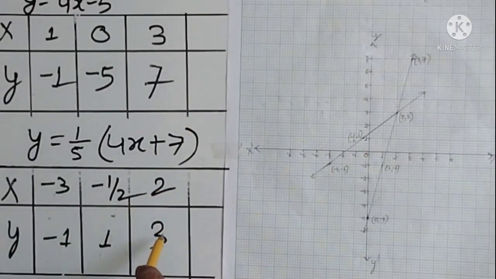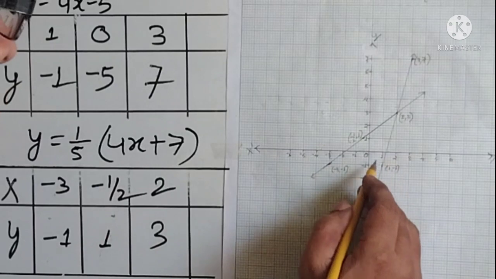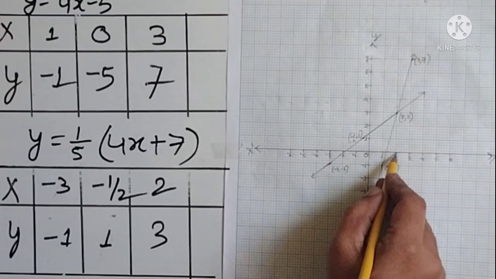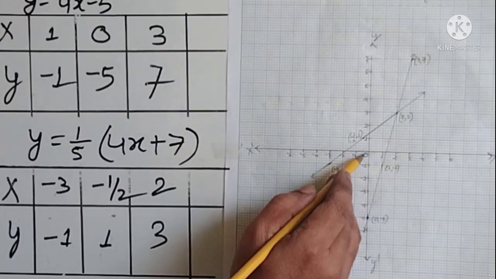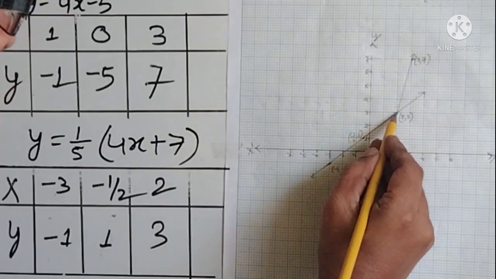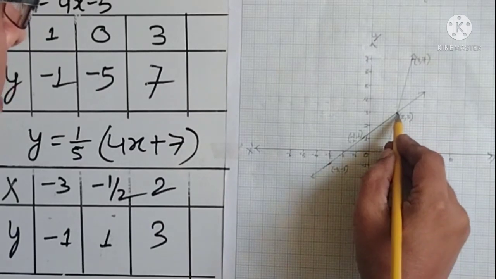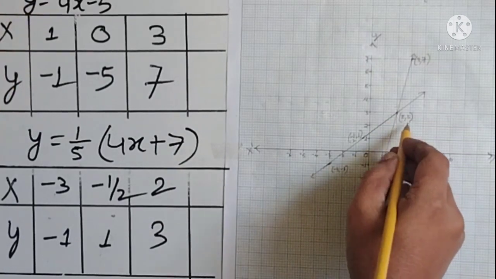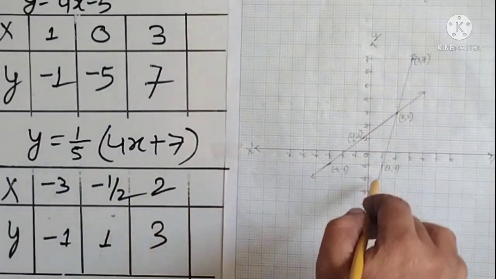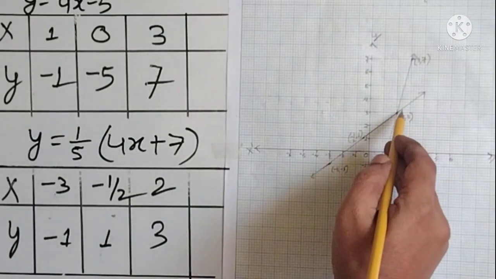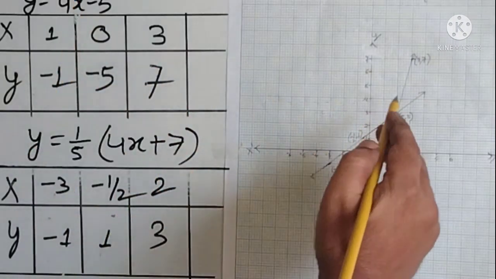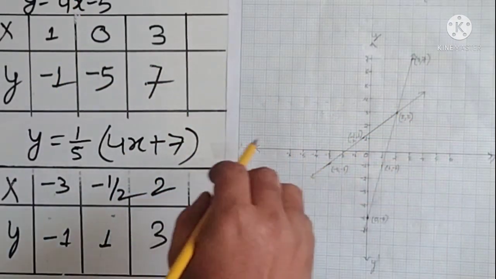Now when x is 2, y is 3. So when x is 2, from here 0, 1, 2, here 2, correspondingly your y is 3, so 0, 1, 2, 3. So from here you draw a dotted straight line, and this is your 2, make a point over here, so this is your (2, 3), and now join these points. So see, this is the point of intersection. Point of intersection is the solution for both these equations. This point is (2, 3).